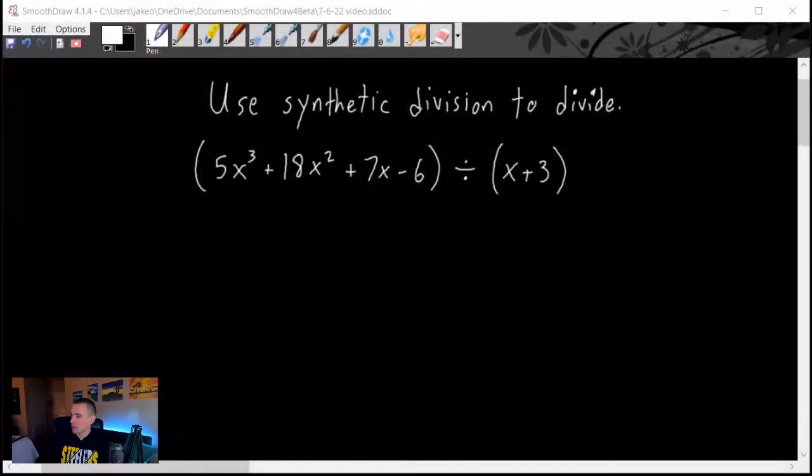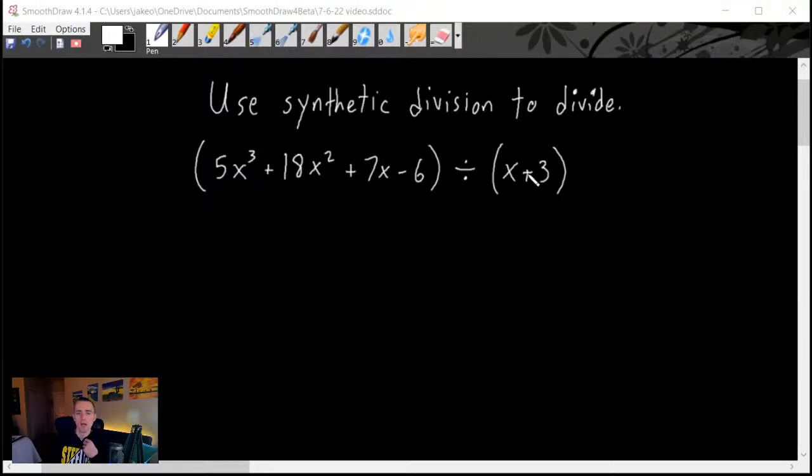But let's go ahead and jump into synthetic division. So here's the first problem we're going to be going over. We're going to use synthetic division to divide 5x cubed plus 18x squared plus 7x minus 6, all divided by x plus 3. So let me first point out, the synthetic division method as a whole